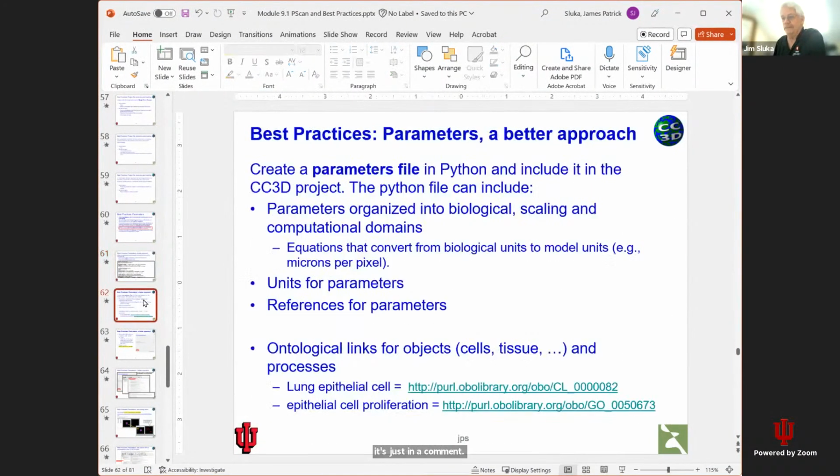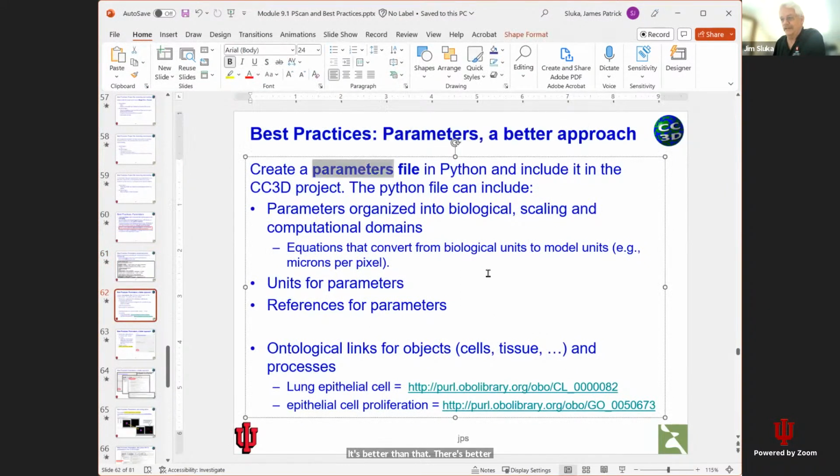There's a better way of doing it, which is to make a parameter file. And you put all kinds of stuff into a parameter file. So in CompuCell,